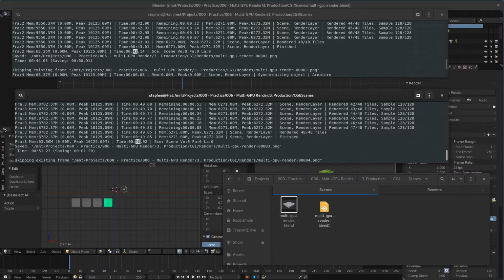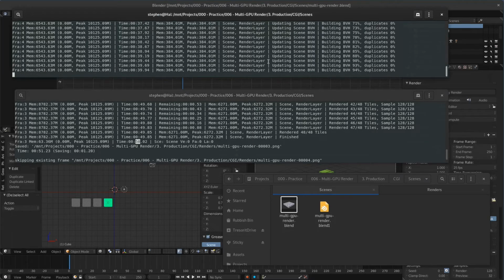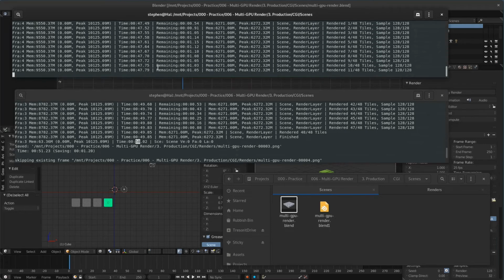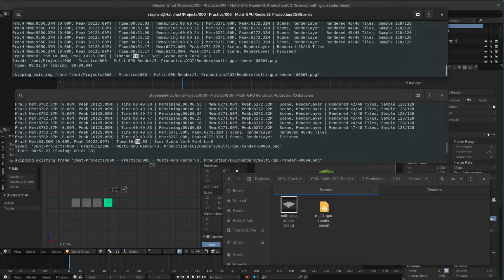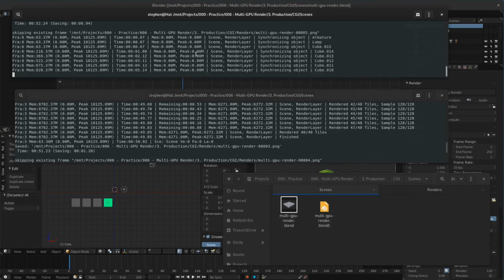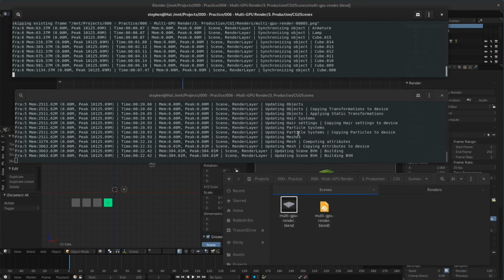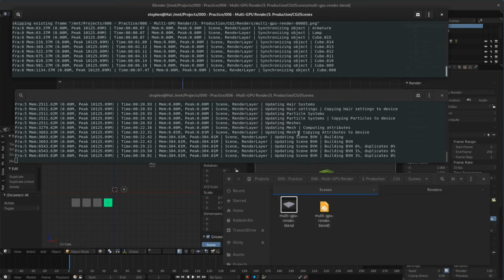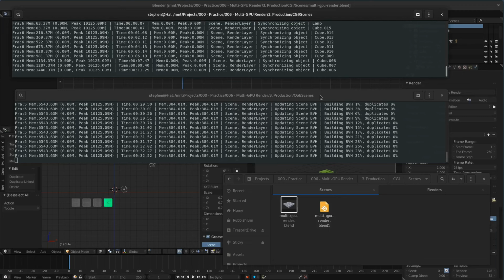So obviously that's 10 seconds slower than just rendering one instance of Blender, but if you think about it, 2 instances rendering at 50 seconds per frame is a lot faster than 1 instance rendering at 40 seconds per frame. So you can see the top instance, it's getting 51 seconds, so roughly about the same sort of time. And yeah, you're essentially doubling the render power available to you,